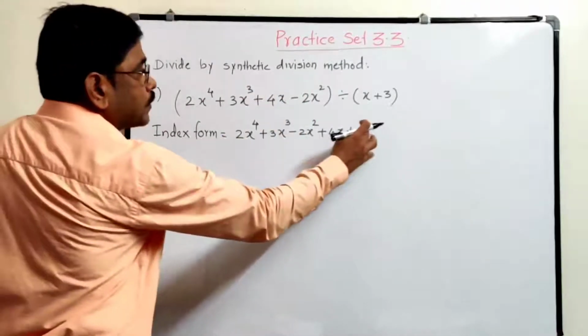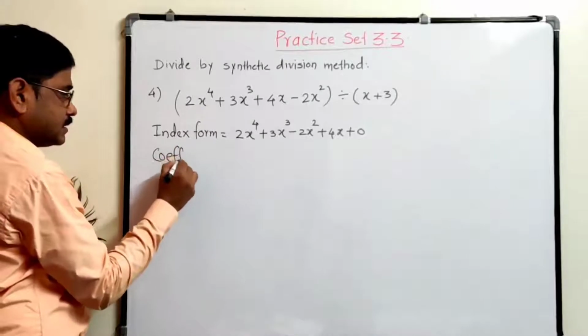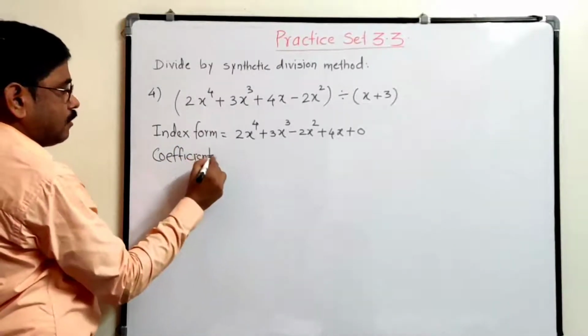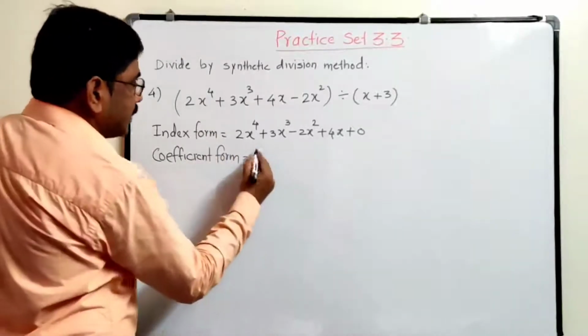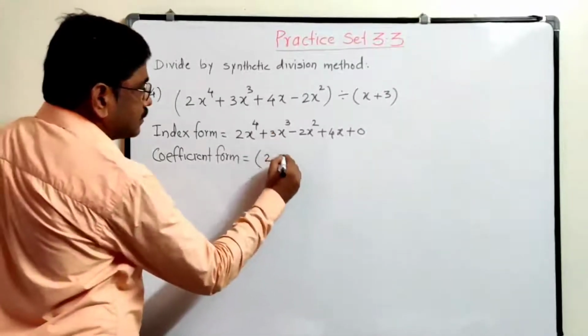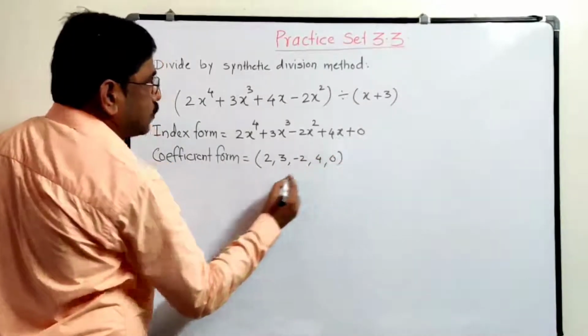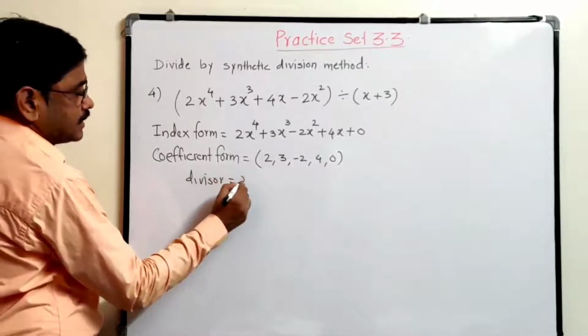So the coefficient form of this dividend is 2, then 3, minus 2, 4 and 0, and the divisor is x plus